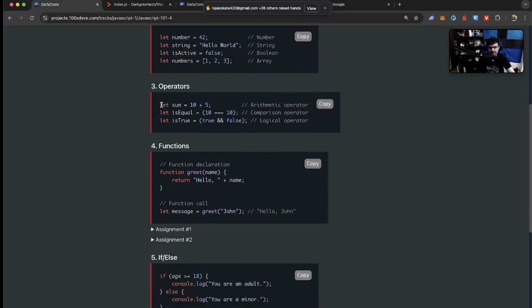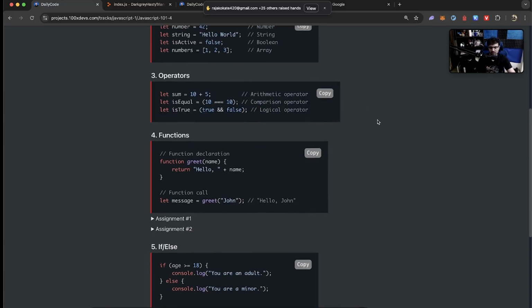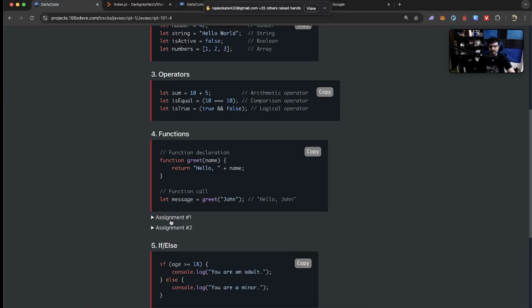Next thing is operators. Basically they let you add, subtract, check if 2 variables are equal, check if true and false, and operator, or operator. Don't understand, that's fine. Let's write some code, let's do some assignments and understand operators and everything else we have discussed until now through these 2 assignments. Okay?